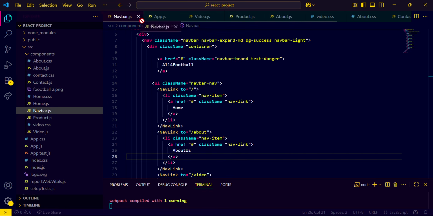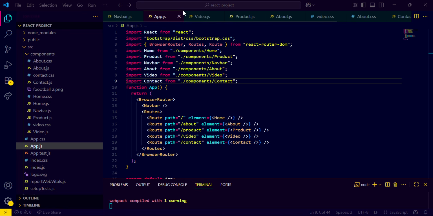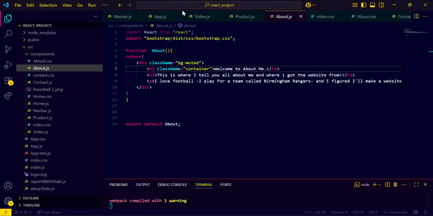I can't get video.js to show. I'm not sure if you guys can see the bar at the top of my screen, but you probably can. Probably can't. I don't know. This white bar at the top of my screen, I just can't get out. So apart from that,